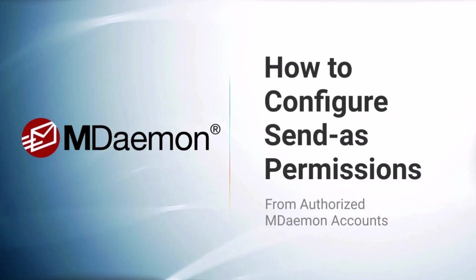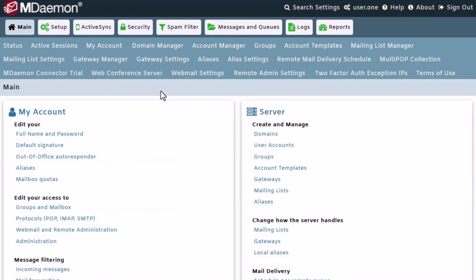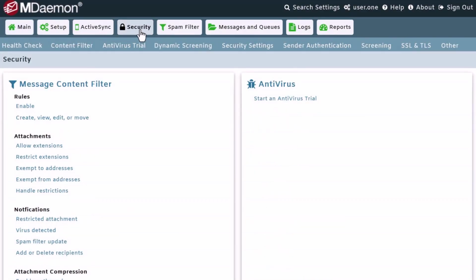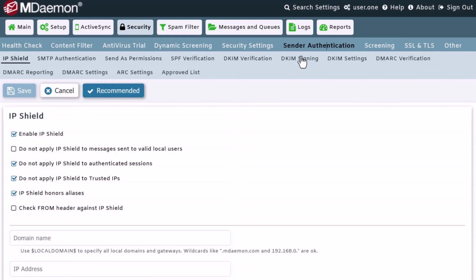Beginning with MDaemon 25.5, administrators can configure send as permissions for users to allow them to send email from another MDaemon account. As an MDaemon administrator, in MDaemon Remote Administration, you can configure send as permissions by navigating to the security menu as shown here, then click on Sender Authentication in the next level of navigation, and then select Send